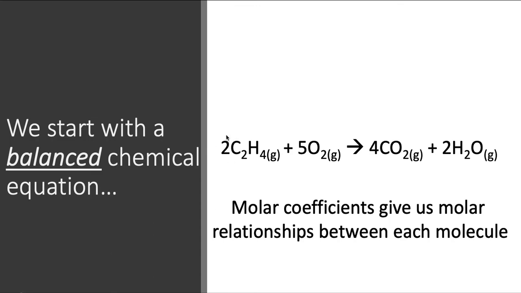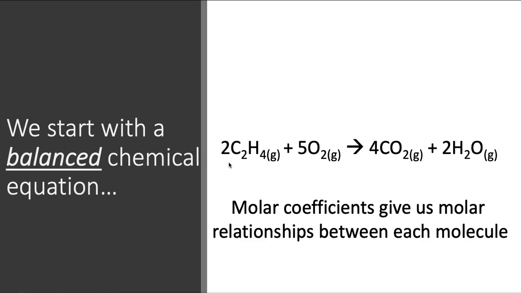You can see, and we've talked about this before, that there are numbers in front of every molecule in this chemical reaction, in each reactant and each product. Those numbers, we call them molar coefficients, and they provide a way to relate the amount of each molecule. They give us a relationship between molecules in this reaction. For example, I can say that for every 2 moles, and remember these are molar coefficients, you cannot do this with grams,